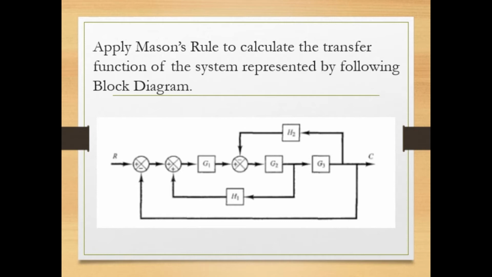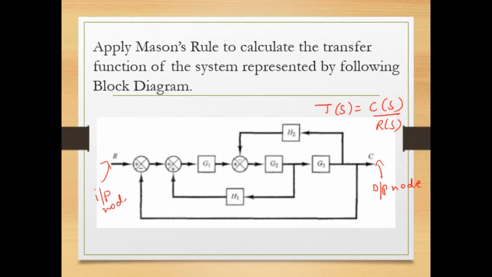For that, the given block diagram has to be first represented in terms of a signal flow graph. So the block diagram is transferred to a signal flow graph. That is the first thing we'll do, and then we obtain the transfer function. Transfer function is nothing but the ratio of the Laplace transform of the output to the input. That is, the transfer function T of S is C of S by R of S, where C of S is the output node and R of S is the input node.